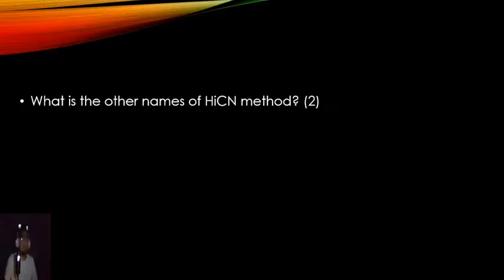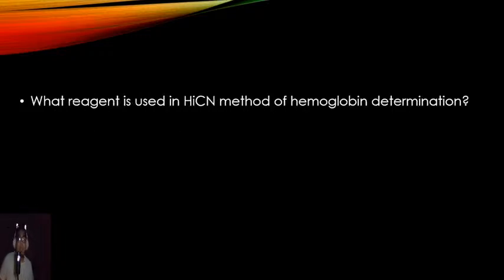All right. So there's two methods under the another name for it is cyanmethemoglobin method, or we call it the hemoglobin cyanide method, or HiCN method. Now I'm going to refer to it as HiCN method from now on, so you guys are familiar with the terminologies. Now, the reagents that we use for this one is basically,